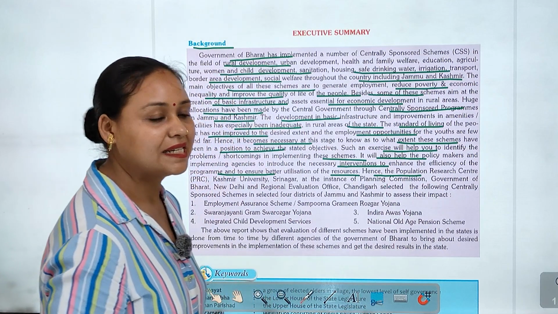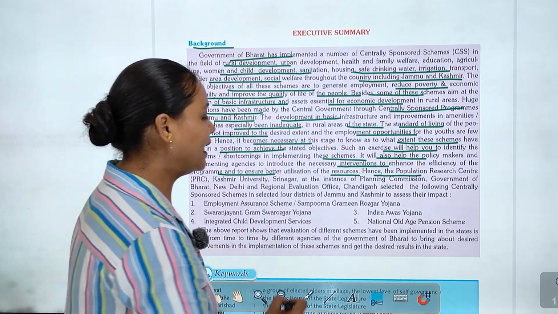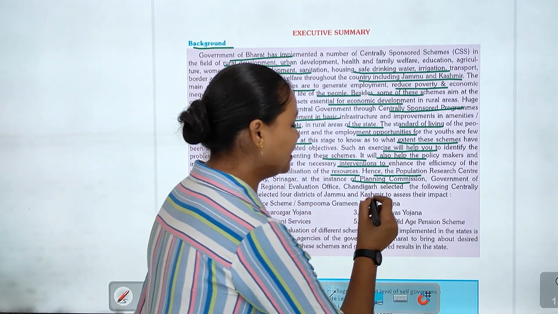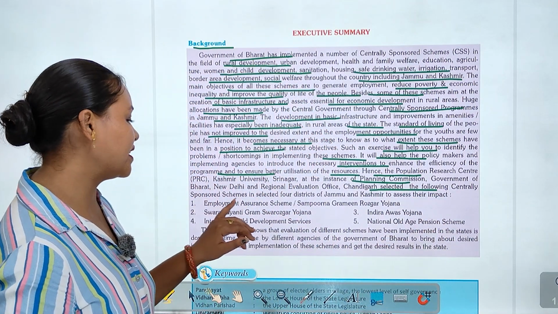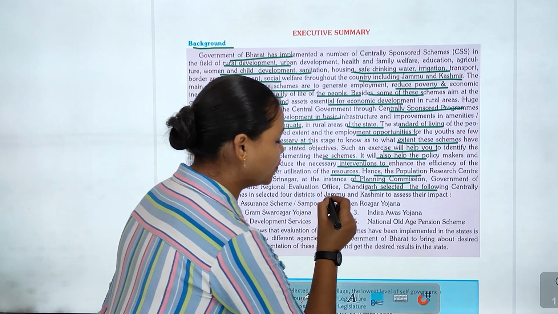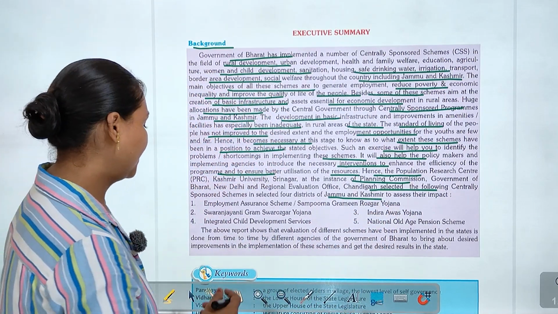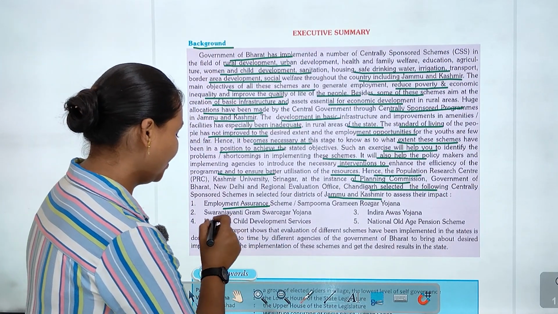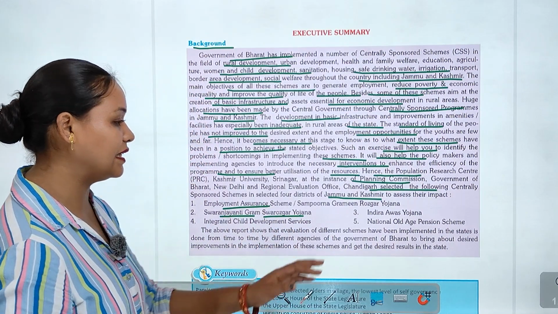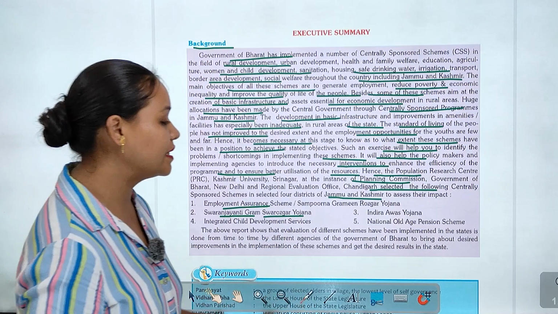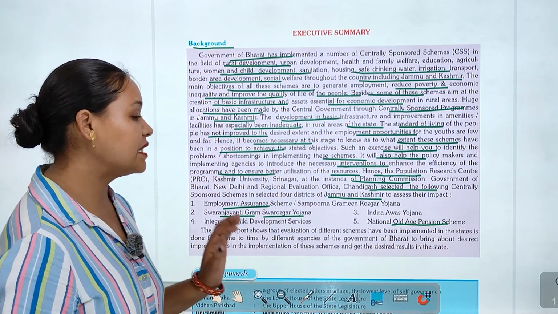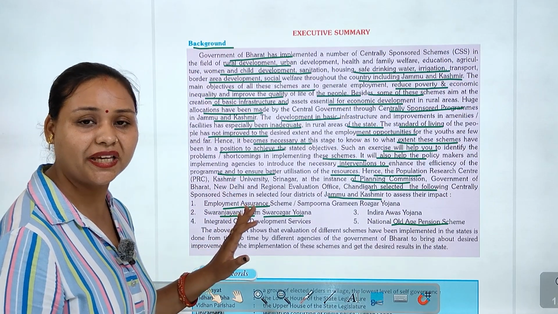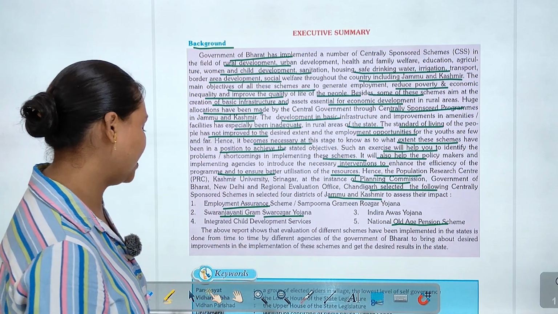Hence, the Population Research Centre, Kashmir University, Srinagar, at the instance of the Planning Commission, Government of India, New Delhi, Regional Evaluation Officer, Chandigarh, selected the following centrally sponsored schemes in four selected districts of Jammu and Kashmir to assess their impact. एम्प्लॉयमेंट एश्योरेंस स्कीम है संपूर्ण ग्रामीण रोजगार योजना। नेक्स्ट है स्वर्ण जयंती ग्राम स्वरोजगार योजना, इंदिरा आवास योजना, इंटीग्रेटेड चाइल्ड डेवलपमेंट सर्विसेज एंड द नेशनल ओल्ड एज पेंशन स्कीम। इतनी सारी योजनाओं को चलाया गया जिनका उद्देश्य केवल अधिक से अधिक विकास करना था, ओके, और देश से गरीबी को हटाना था, ओके।